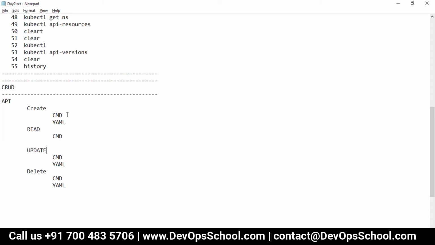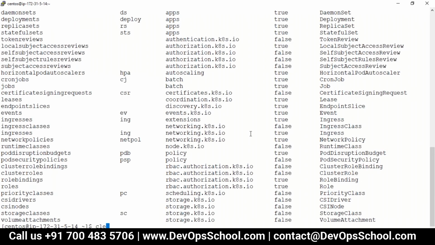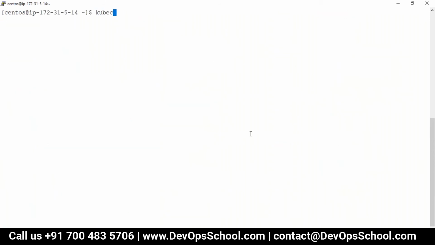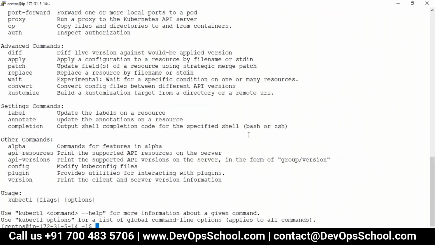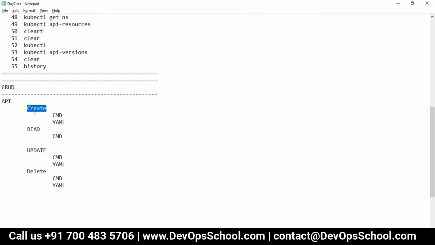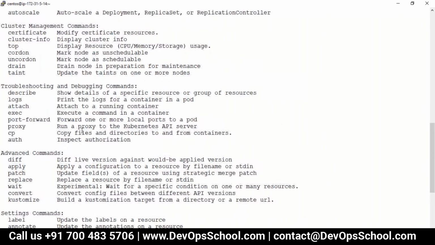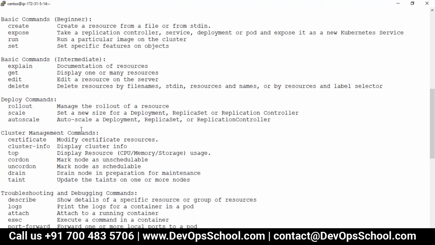Okay, now I think from here onwards, only I was knowing this one. Rest of the things I need your help. So can we find it out together? How can we create using command line? Do we have any options here? Let's check it out. Can you help me?